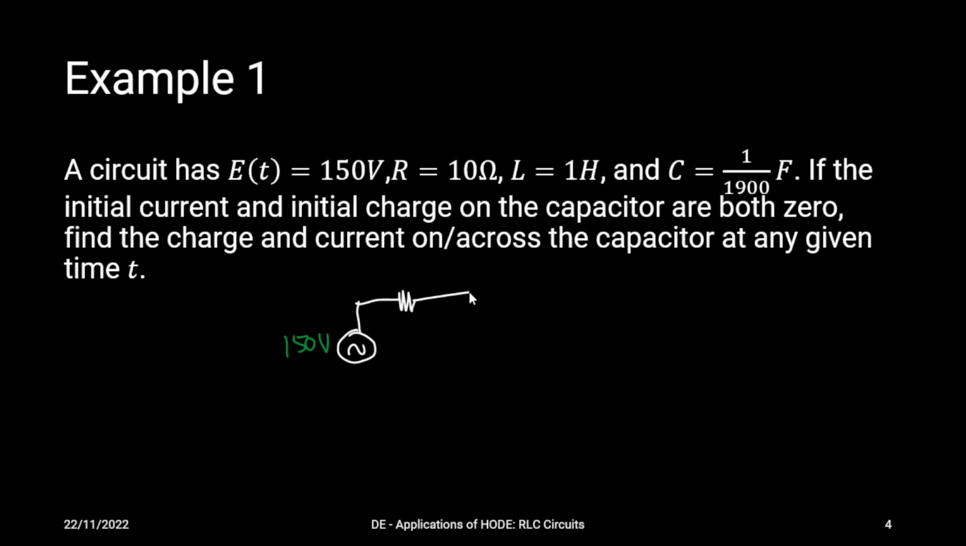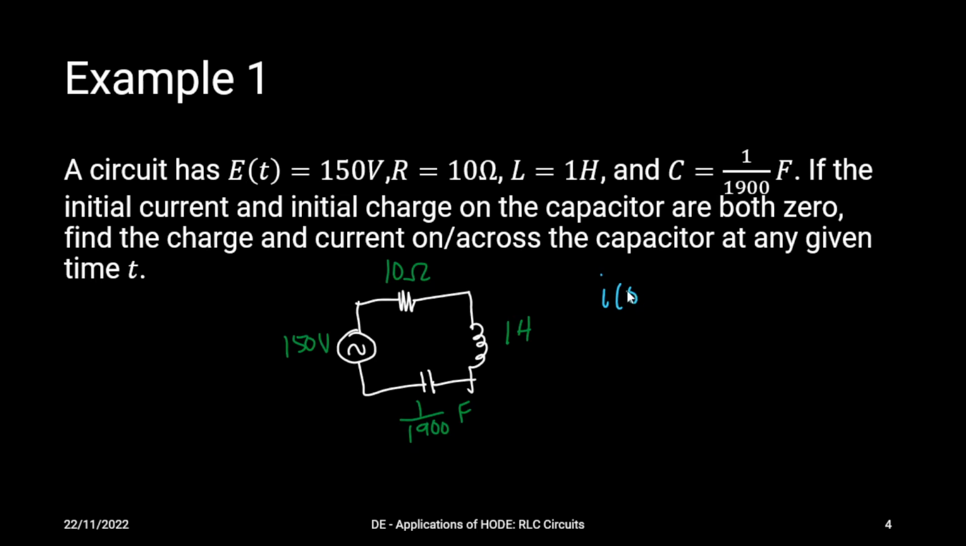Ayan. So, we have our inductor. And we have our capacitor. Ayan. So, pagpasensya nyo yung drawing, no? So, we have here, this is 10 ohms. This is 1 Henry. And this is 1 over 1900 farads. Okay, so sabi, now if the initial current and the initial charge on the capacitor are both zero, so